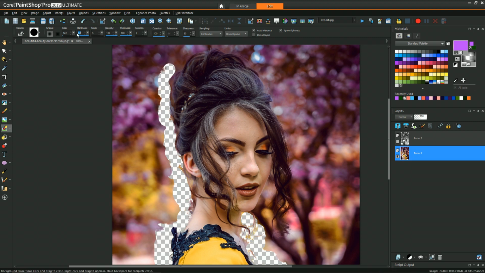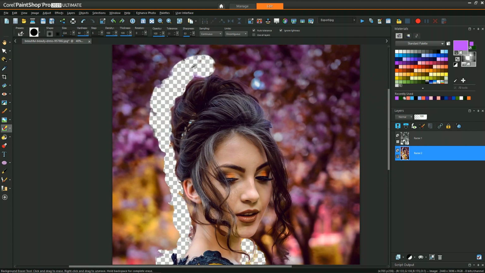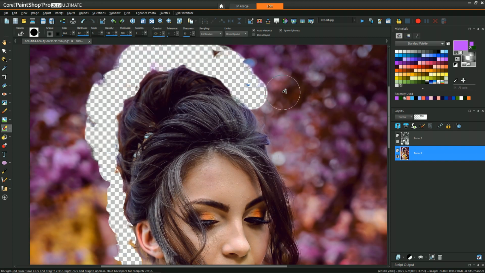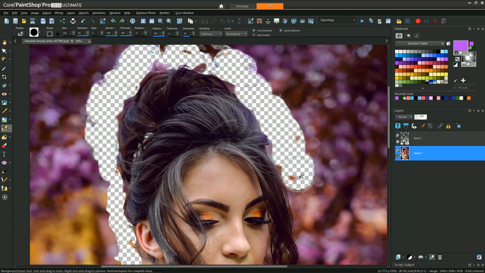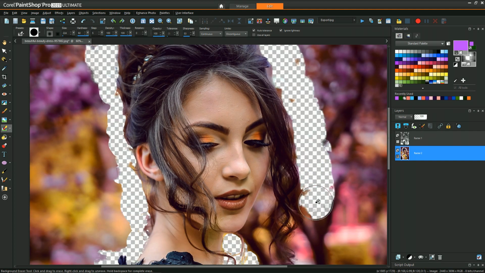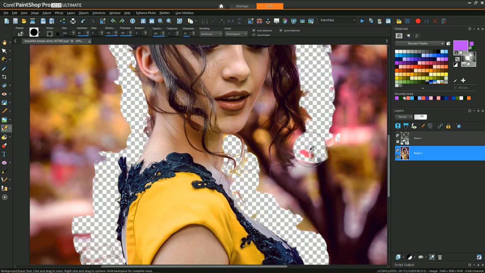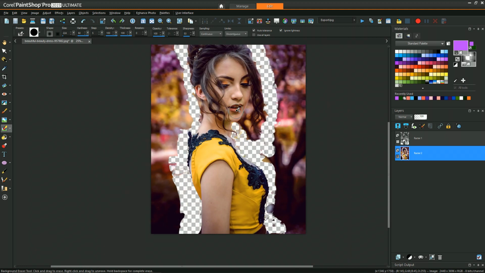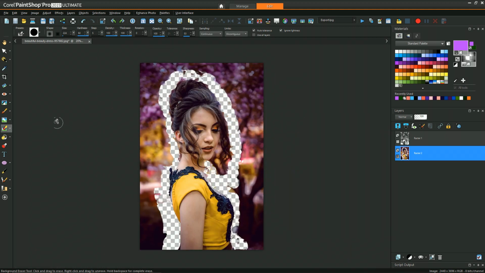But especially as you get to the hair, like we've seen in my other video, really soft edges, you'll want to bring the sharpness down a little bit, so that it's not looking for a hard edge to find the distinction between the subject you care about and the erased background. We're going to clean up the hair later after we've placed her on the new background, and you'll see why, because blending's a lot easier to do when you have the background that you are going to end up with as a reference.